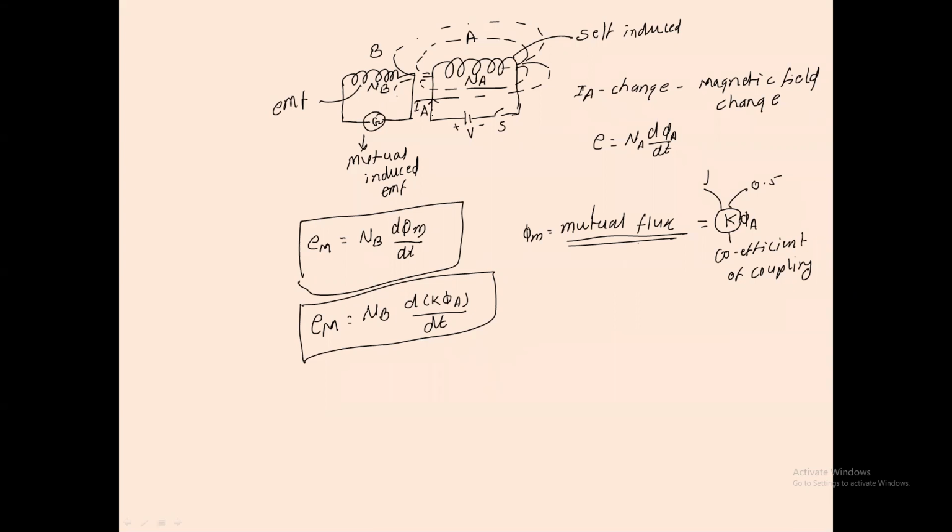Change in current in a coil A. So can I say that it's an obvious thing that the induced EMF in a coil B is always opposed to the change in current in a coil A, or it is always opposed to the change in flux in a coil A, and this property of a coil B is called as a